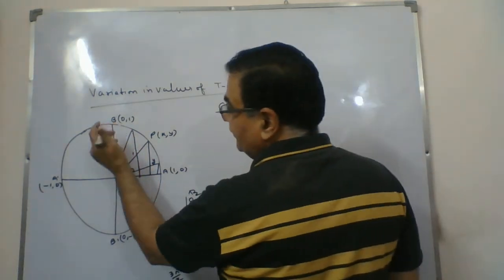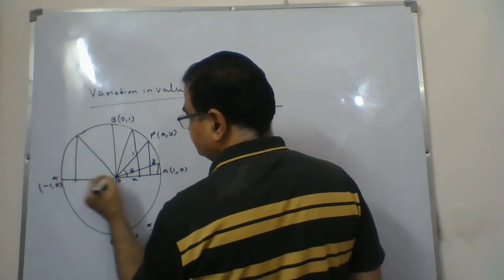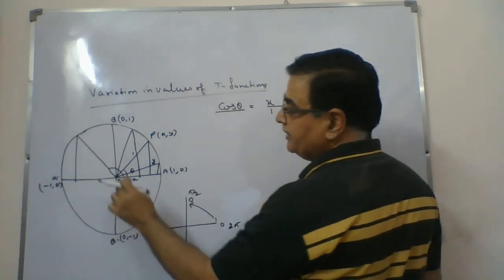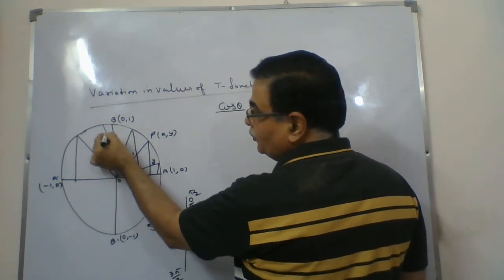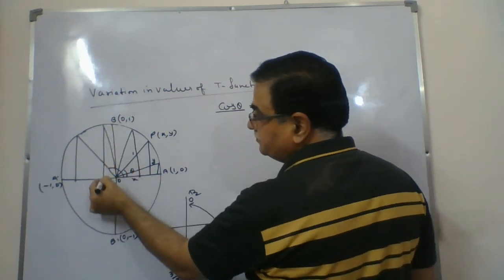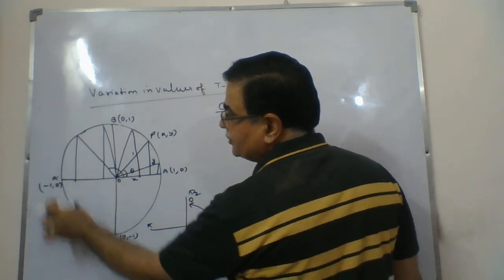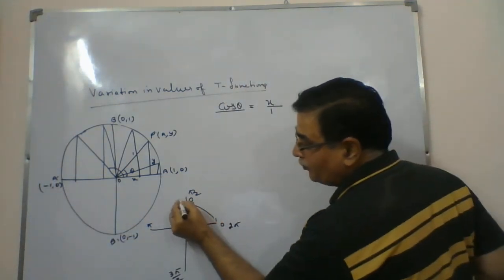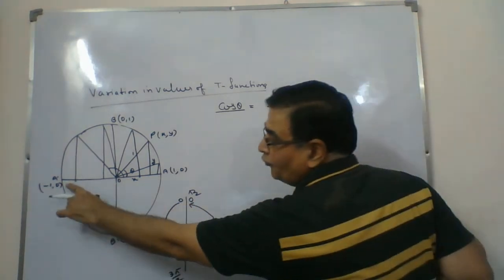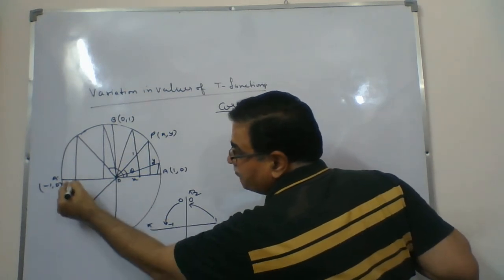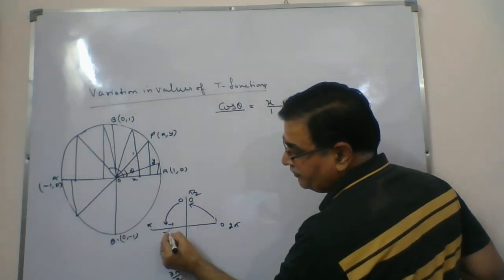When you change this, the value will start from 0 again, because the angle comes out like this. Then initially, when the angle is near to this, x will be very small. It will start from 0, and now x is going to increase, and here it reaches minus 1. So it will start from 0 and reach minus 1. When you go from here to here, it will be first minus 1 and then it will reduce and go to 0. So minus 1 to 0 it will go.